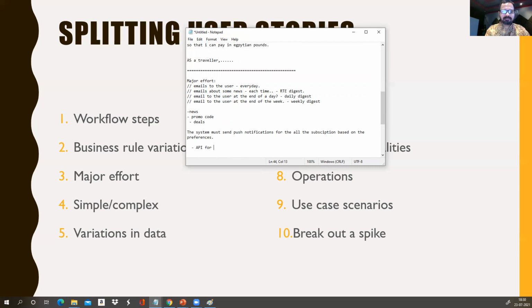Write an API for real-time notifications, okay, for flight alerts. Okay. Now, what we are trying to do is we are splitting this. There's a major work, right? Write an API for sending real-time notification for flight alerts, and only for news, some news. Okay. Now, write an API for real-time notification for flight alerts,